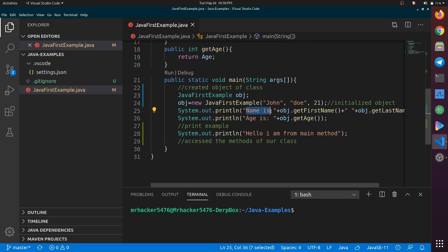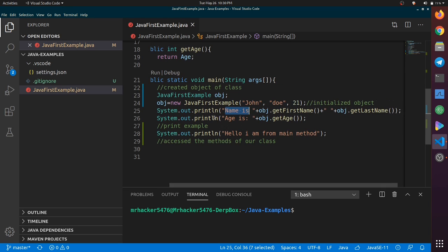So here I am passing name is, and after that we are just simply concatenating our string. So we are basically accessing the methods of our class followed by the dot operator and the name of the method.